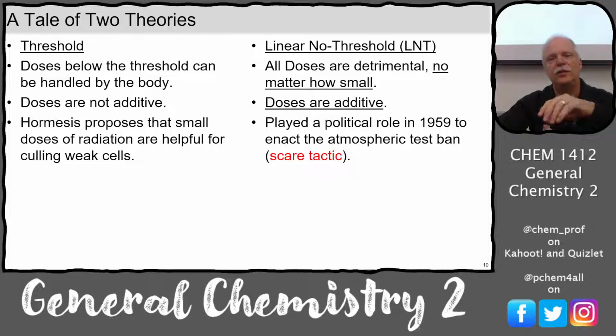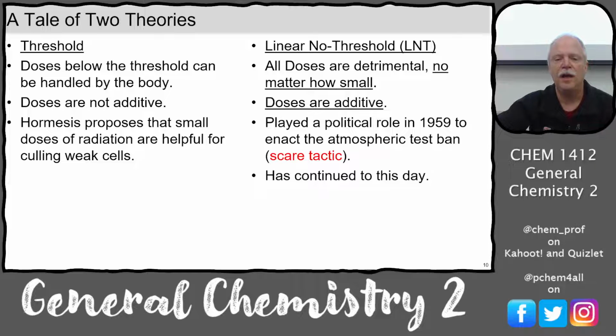And so we really pushed this linear no threshold theory to scare people about radiation. And it worked, and we got the test ban, and so we all started testing underground where the radiation would be sequestered in the soil. But this continued to this day, and we can't get rid of it. This is why people are terrified of radiation. Not general people. General people are terrified by radiation because of the press or just the general media, right? Or consensus. But the people who are otherwise knowledgeable, who have bought into this linear no threshold theory,